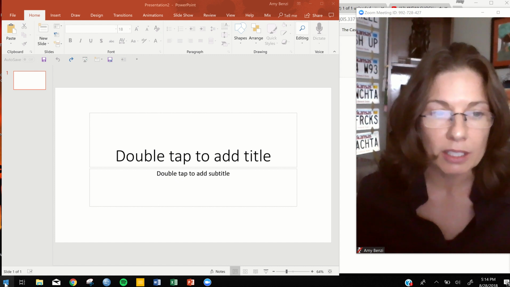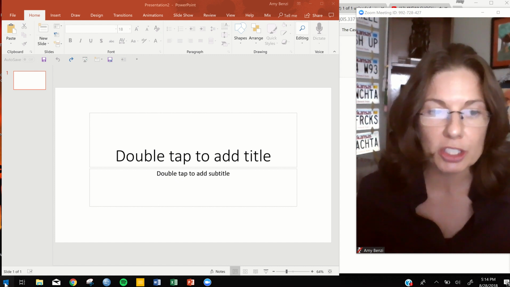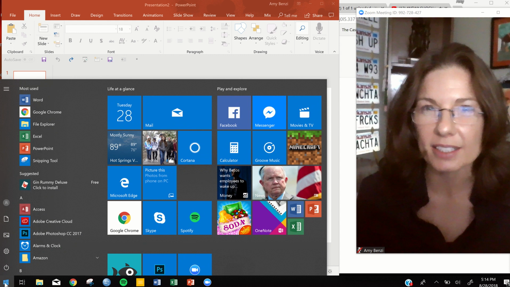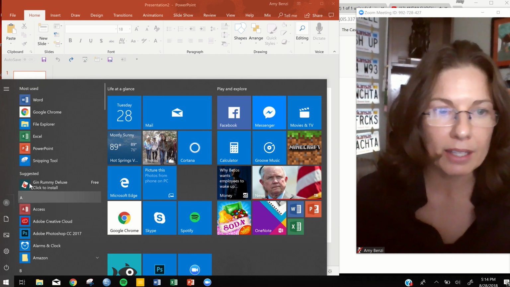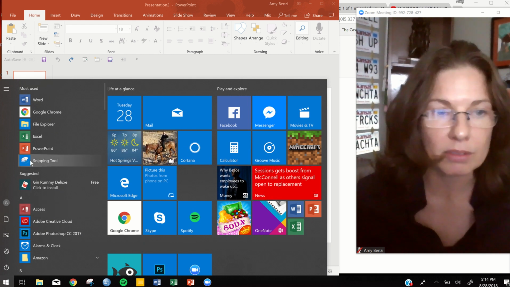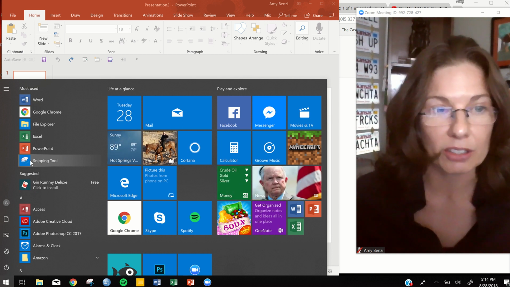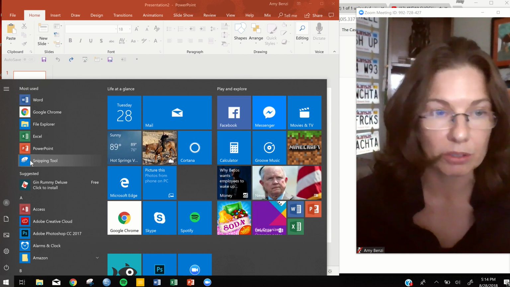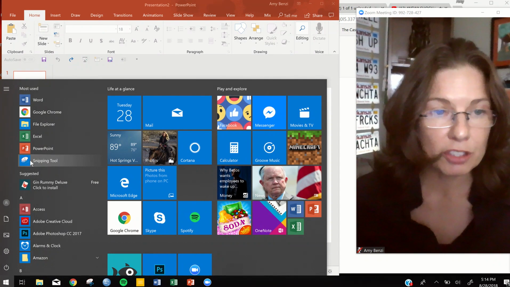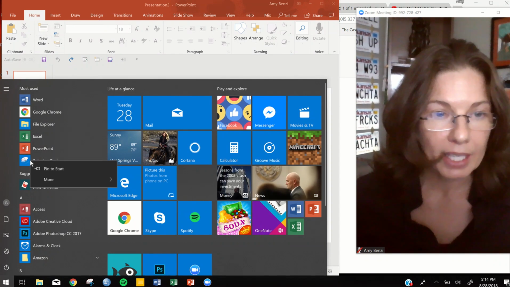your computer screen. Some of you have a Chromebook, in which case you would just use a screenshot. It's the same thing. If you have a Mac, you're already more tech savvy than I am. So you guys have other tools in your Mac that you can use that I do not know how to use. Once you find your snipping tool, you're going to right click and then